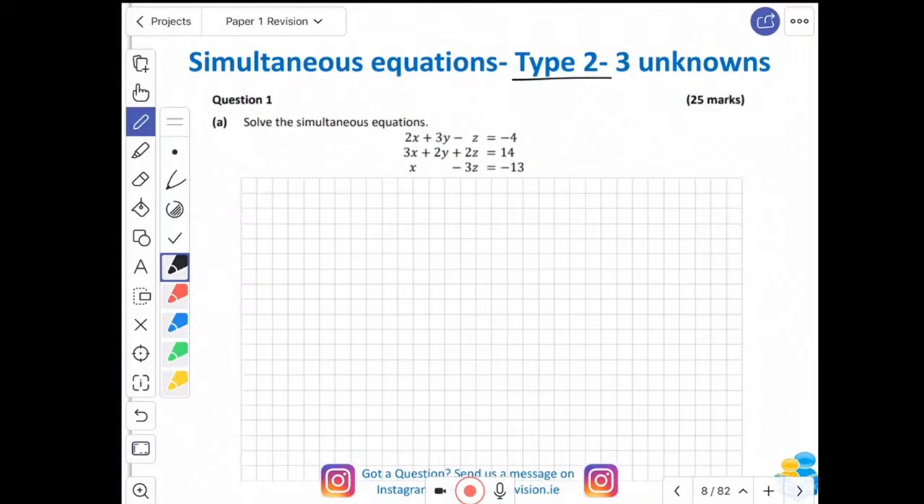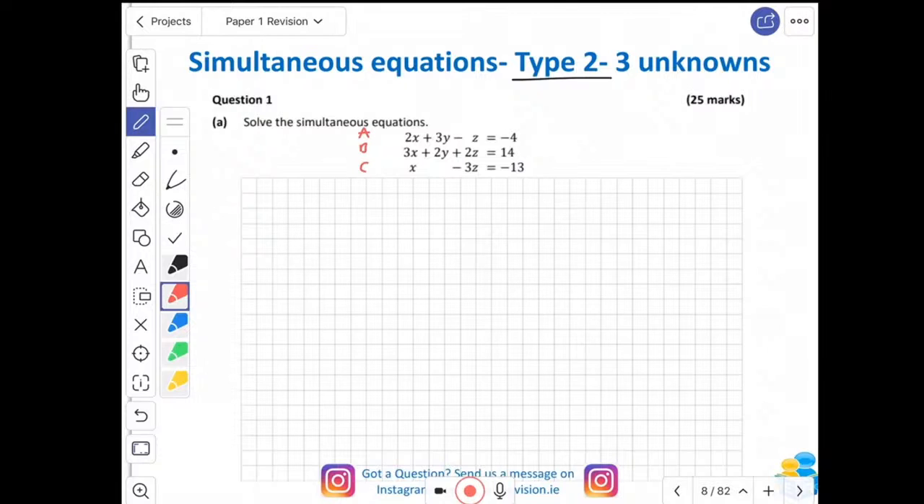Nice and easy. An X and a Y, or even if it's a different letter, 2 unknowns, 2 equations, happy days. That's what we're going to try and do. So what I normally start off by doing is labeling these, let's say A, B, and C, or 1, 2, and 3. And the method to solve this type of simultaneous equations is we are going to use the elimination